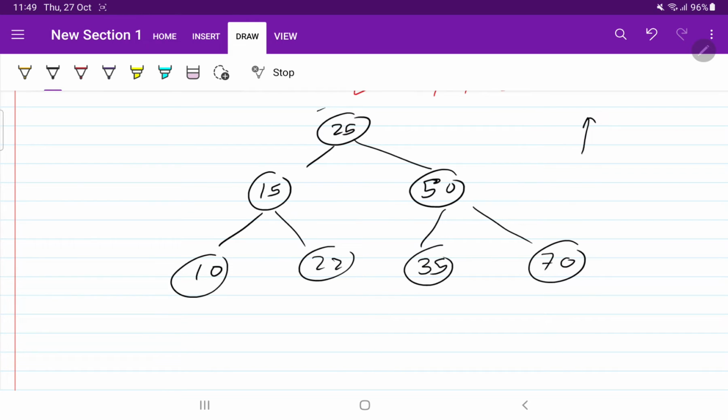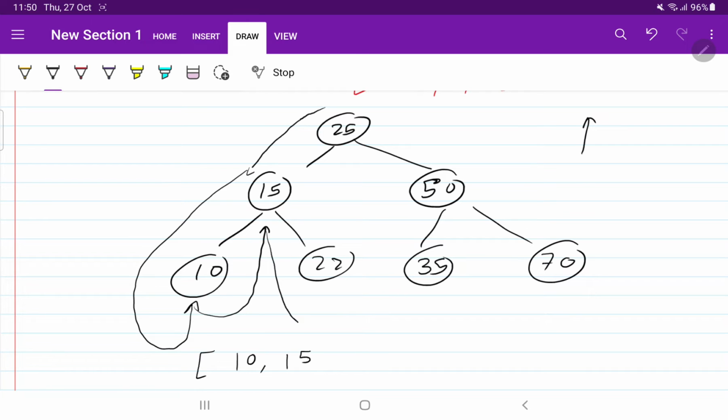So we will come here. As there is no space to go inside, we will come here. As there is no space to go inside, we will come here. And here we get a chance to go inside, from the bottom, because in traversal we have to go inside from the bottom end. So 10. Then we have gone here and we have got this 15. Then we will come here, we got 22. Then we will traverse like this and we will get 25.